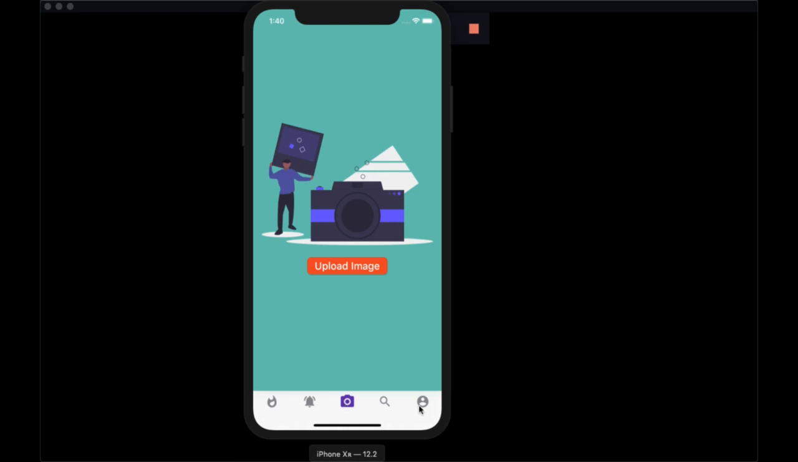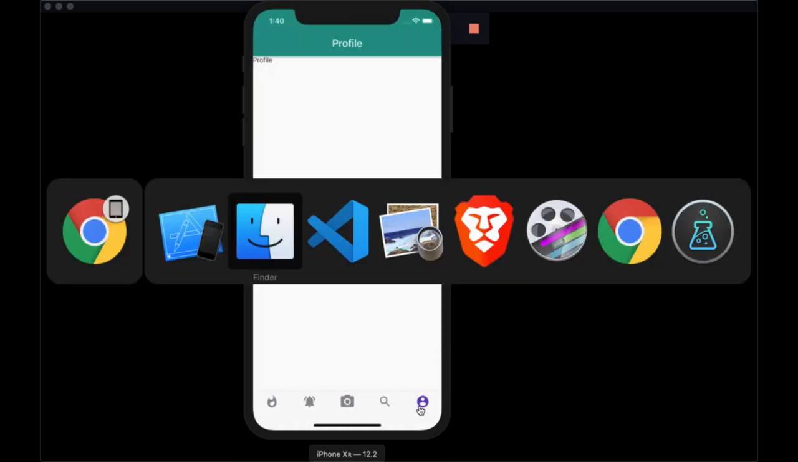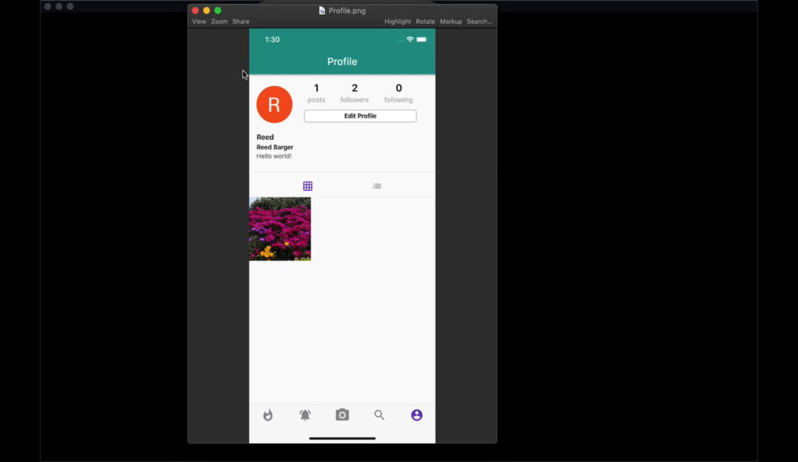Now we're going to move on to the profile page. So let's take a look at the final version of this page, and it's going to consist of three main parts. We're going to work on the first part in this video, and that's going to be the header that you see here. So the header is going to consist of the profile user's photo URL, as well as their